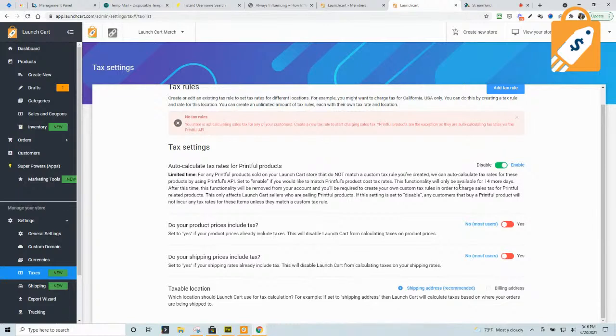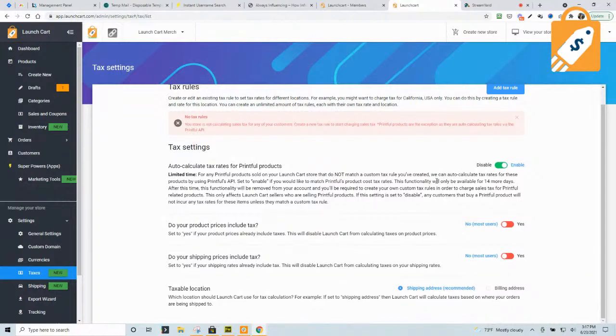You get charged taxes from Printful as a buyer of inventory, right? And then you charge your users taxes as a store owner. And those are very different, and they can be drastically different depending on your business setup and if you're a nonprofit or if you live in the EU and so on and so on. So typically best practices is you would set up your own tax rules for your own store, for your own